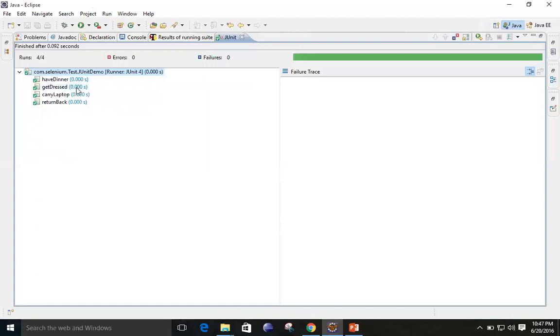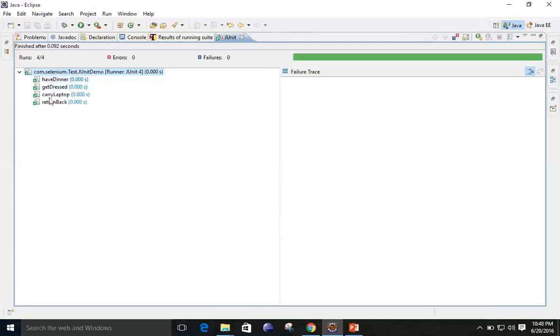And sometimes if you are going to work with the early versions of JUnit, the old versions, if you ignore a test, that ignored test case will also come, but it will be in yellow color.